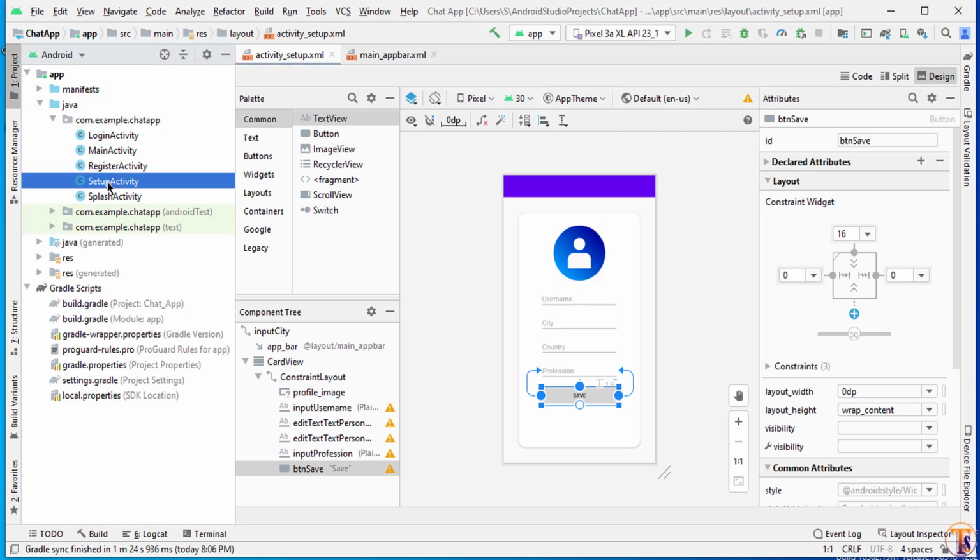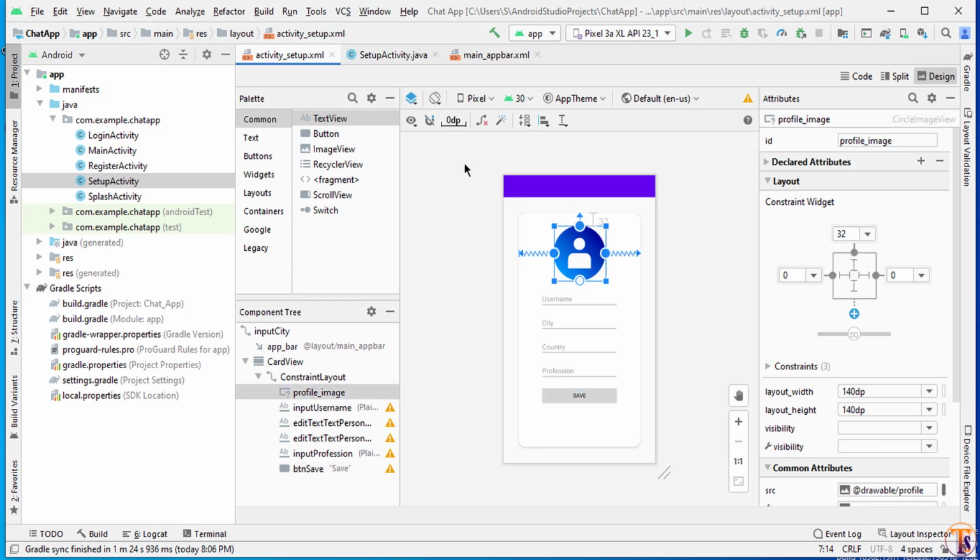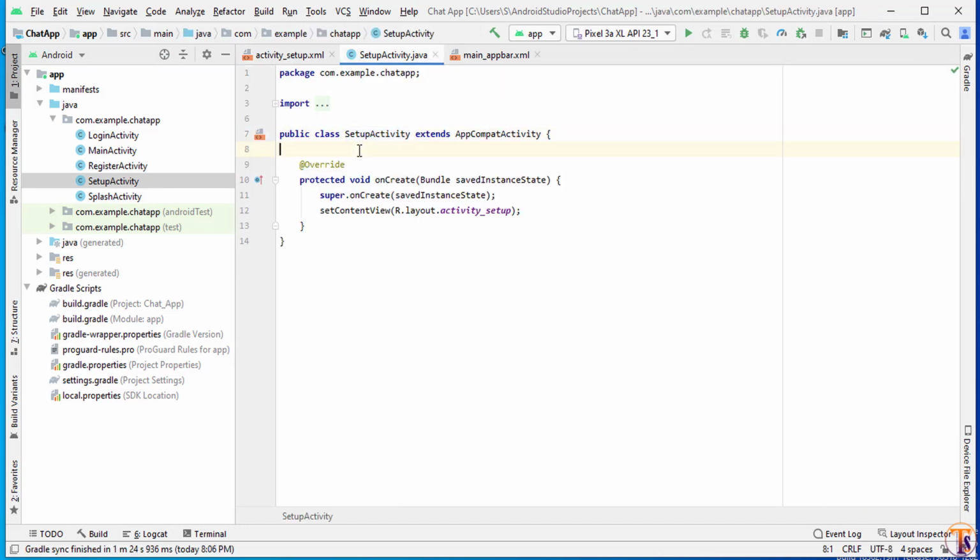So open our setup activity, and first of all here we will initialize it one by one. So first one is profile image, that is circle image view. So here we will initialize it circle image view.